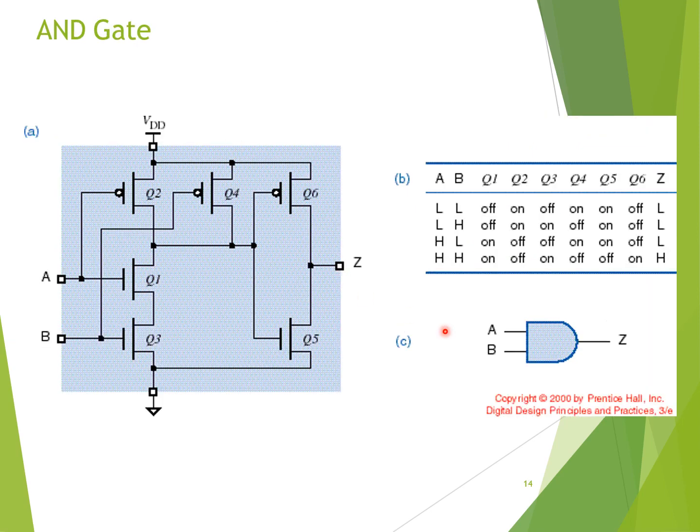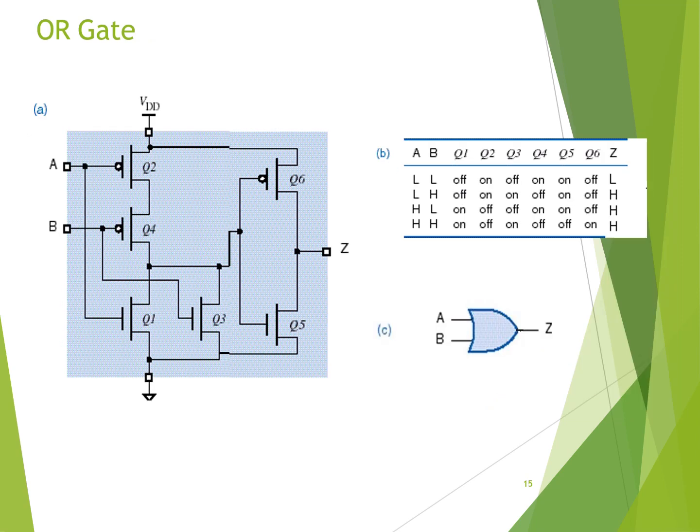So the next one is the AND gate. What is an AND gate? AND is the complement of NAND. So how can we achieve that? Already we have constructed a NAND gate. So if we use the same NAND gate along with an inverter, we will get the AND gate. Okay, so that is what we have used here. The similar thing is for the OR gate, the complement of NOR. Already we have constructed a NOR gate, and an inverter circuit is added in order to get the output for the OR gate. So these are all very interesting when you are reading VLSI.